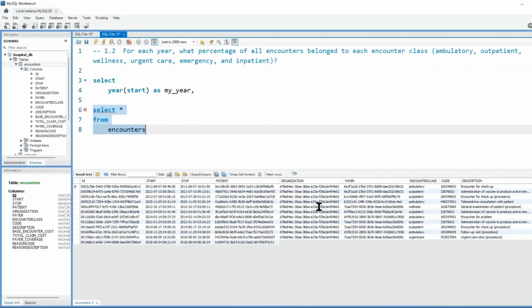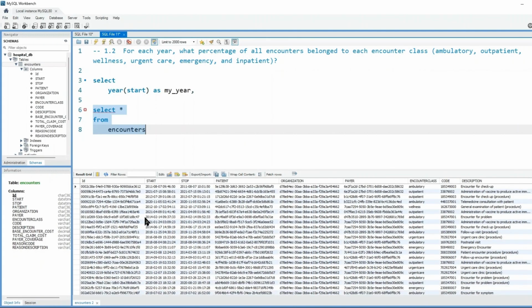Okay, so what we need to do here is go row by row and see if the encounter class is, let's say, ambulatory. We'll start with that. If it's ambulatory, we put a 1 there. We extract the year, and then we check if the encounter class is ambulatory. If yes, we want that to be a 1. And at the end, we'll sum all of the ones to find out how many there are in each year